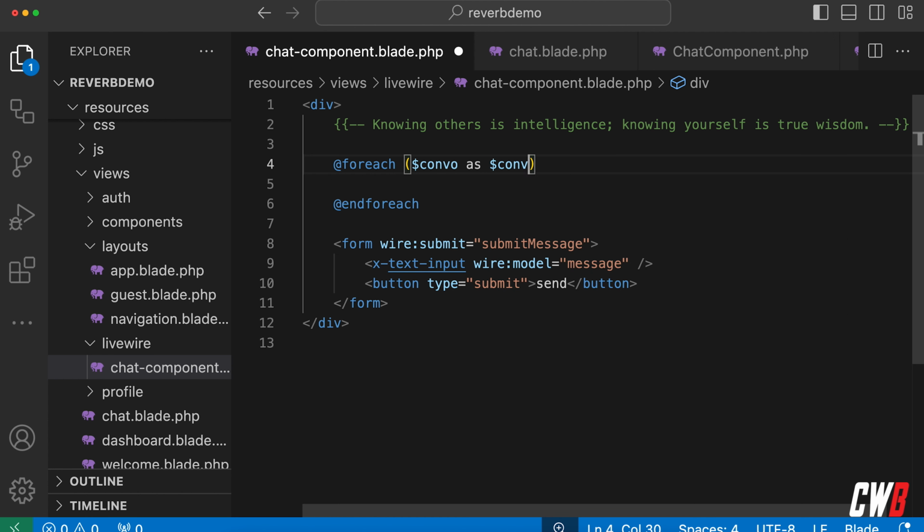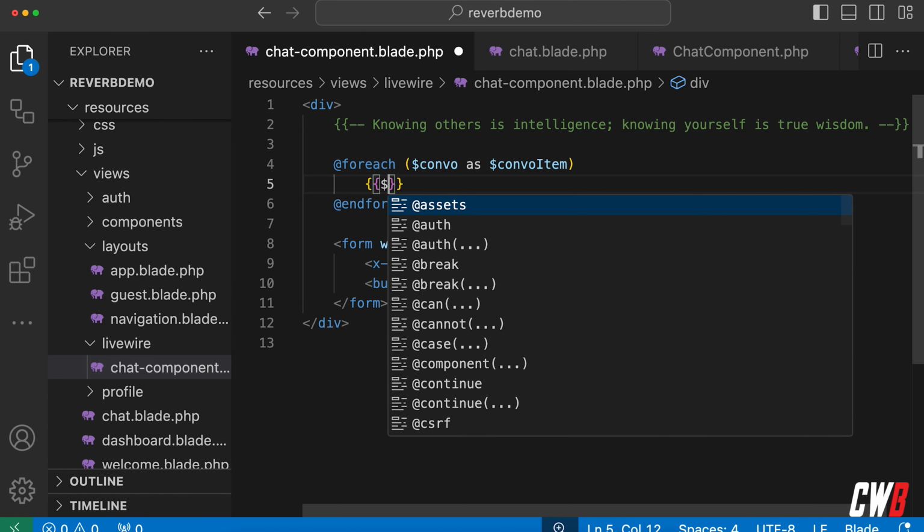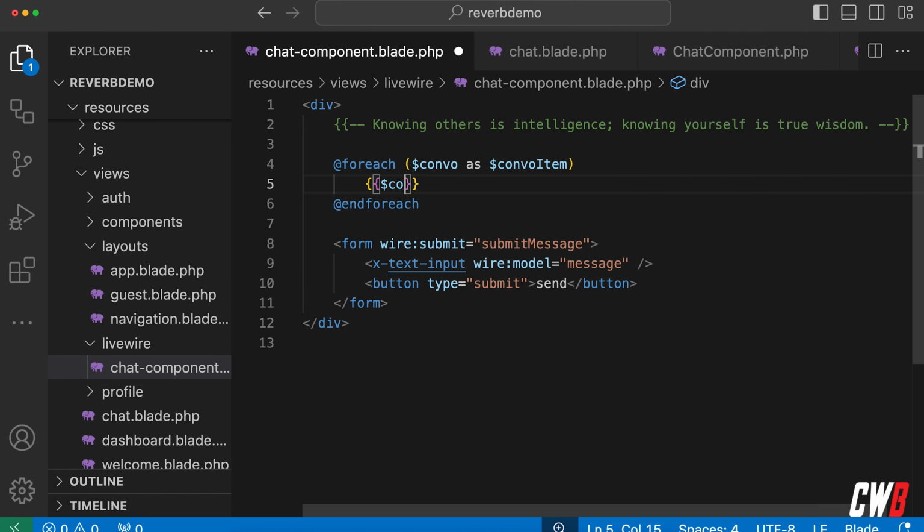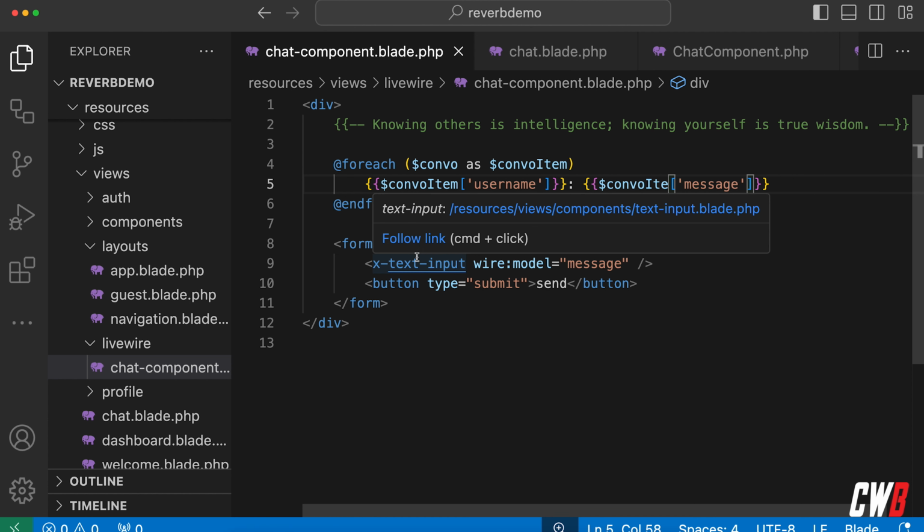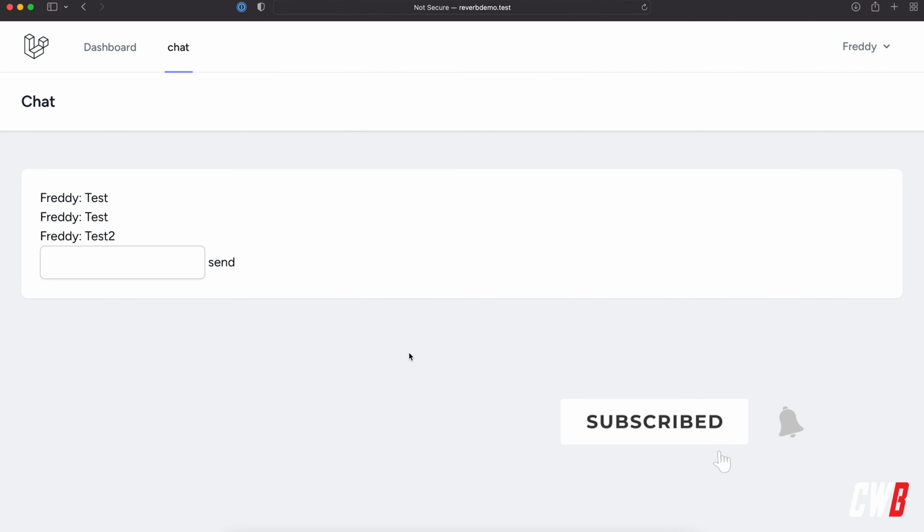And we're going to call it convo item. I basically want the convo item to say the username, colon, the convo item array, and I want this to have the message. So basically we're looping over all the conversation items and we're printing out the username and the message that they sent. We dispatch the event, it gets added to the